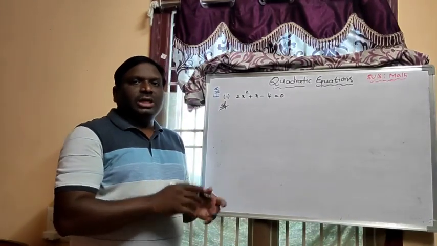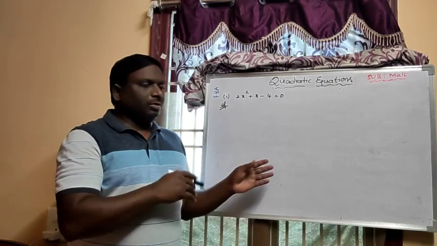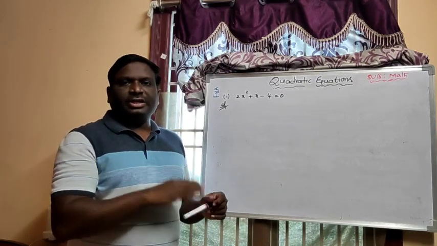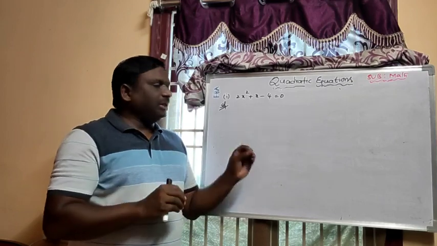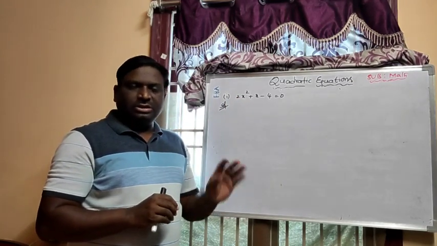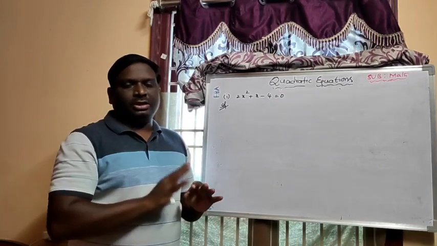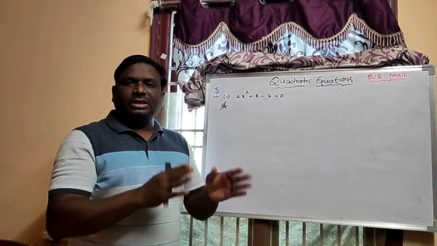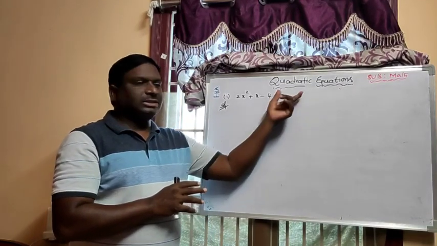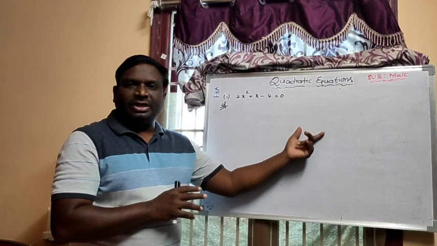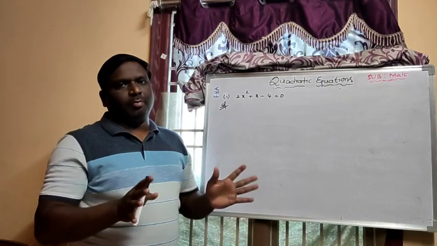In your exam, suppose they do not ask for the completing square method or factorization method or any formula method, and they just ask to find the solutions of a given quadratic equation, that's it. Without any particular method being asked, you can choose any method. Suppose they are asking for a particular method, then you have to do the solution in that method only. Suppose they are asking for the factorization method. If you don't know it and you do the formula method, they will give marks, but they will not give the full marks.